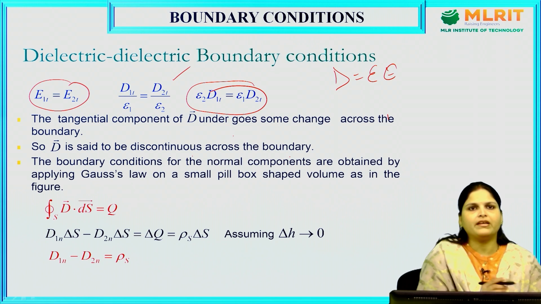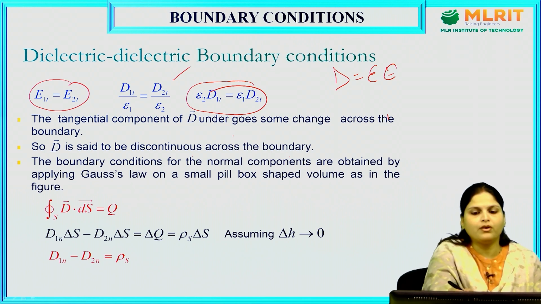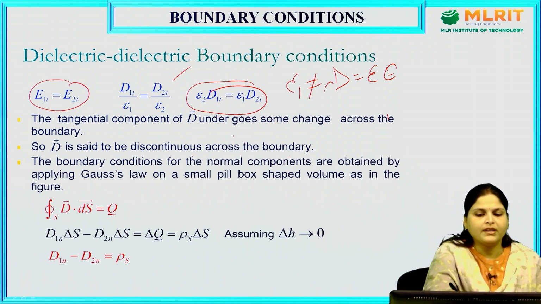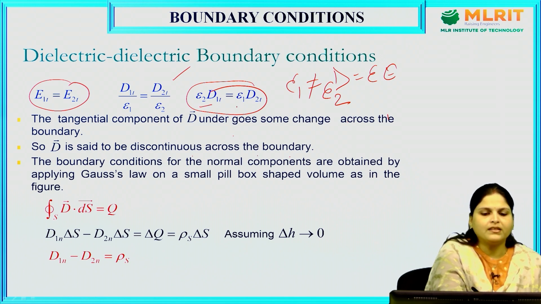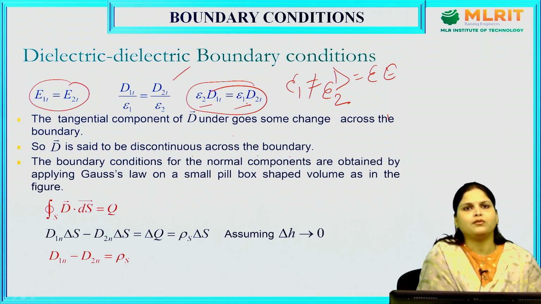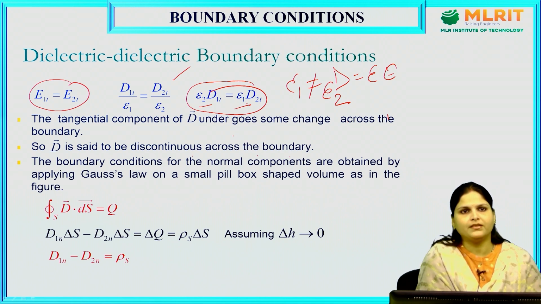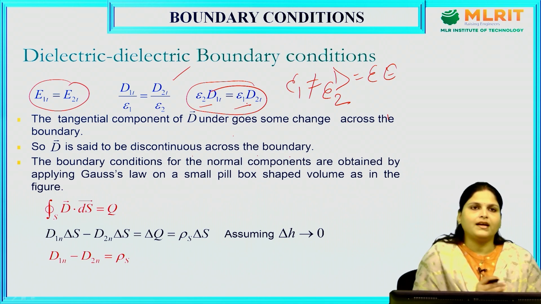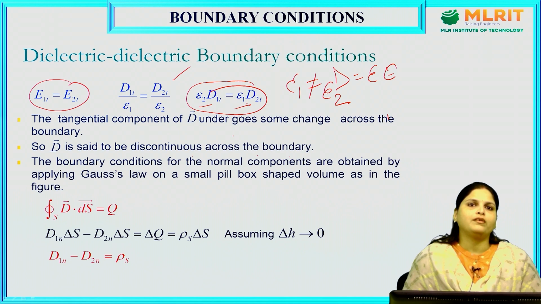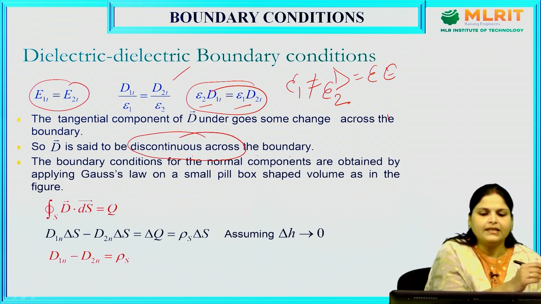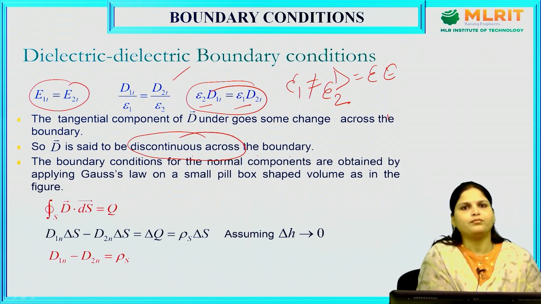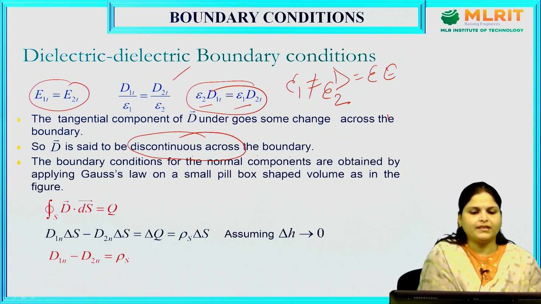Here we can clearly see it is not equal, because epsilon 1 is not equal to epsilon 2, and when we calculate these two terms, the numerical values will come different. So we can say that the tangential component of flux density undergoes some change across the boundary. That is why it is called discontinuous across the boundary. So this was about